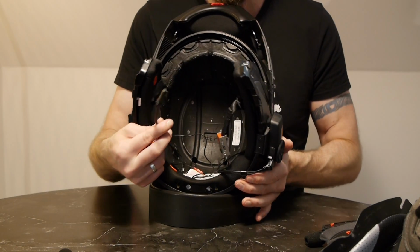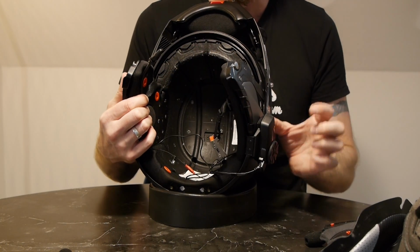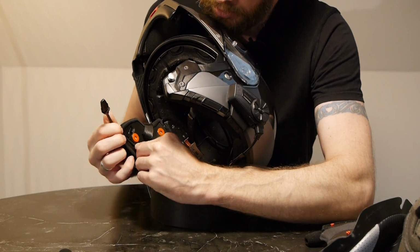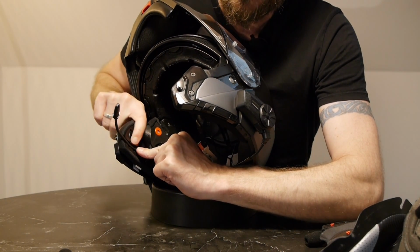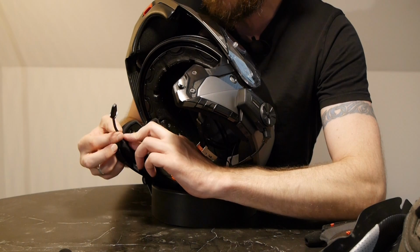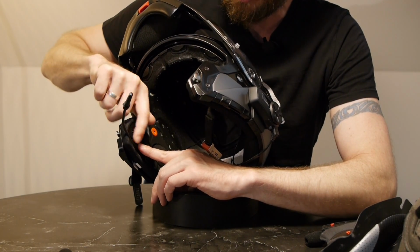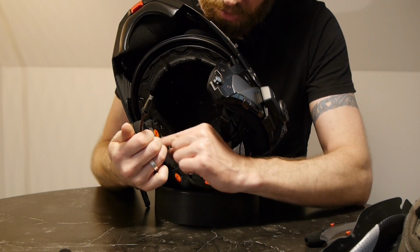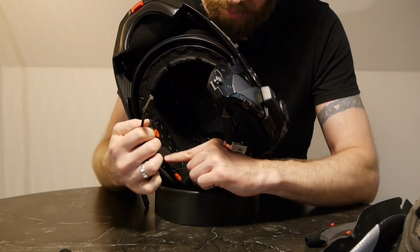So with that in mind, I know it's a tiny, tiny small amount, but I'm going to put the microphone on the right-hand side just to balance out some of the weight from the headset on the left-hand side. And it also looks like, although it doesn't completely go in there, some of the microphone will fit into this recess here that's meant for the 20B mic, and that means the mic itself is not going to jump around. And it's also not going to force out the cheek pad at this front edge where it's touching your face. I've also found with my experience with boom mics, once you put the cheek pads and stuff in, the microphone doesn't tend to move very much, but just to be belt and braces,